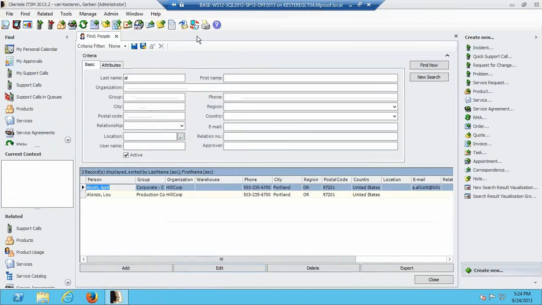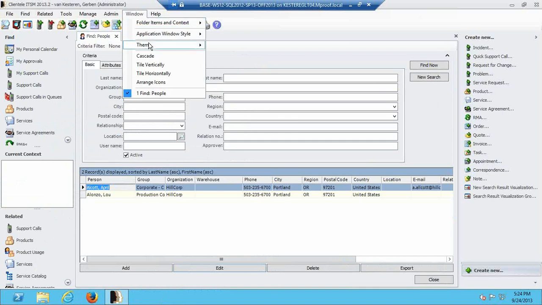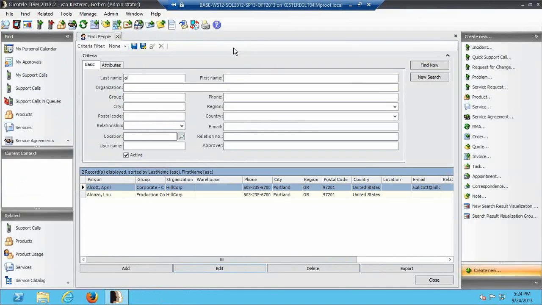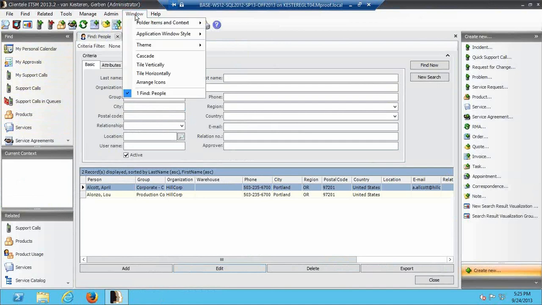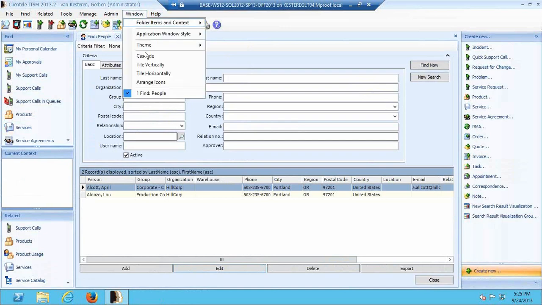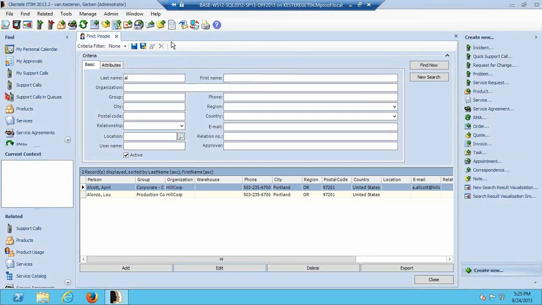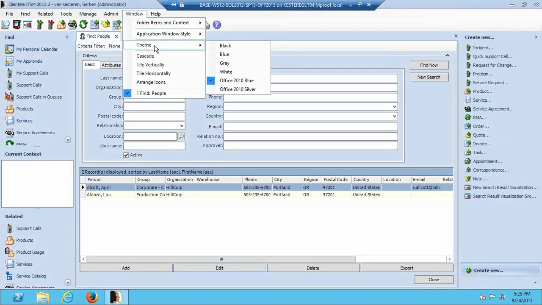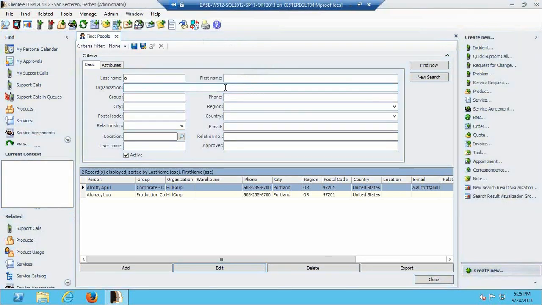Then look at the themes. So let's change it to black. You will see that the coloring is changing, the color of the forms is changing. Also the font type changes, even the width between the icons is changing. So this really depends on the theme that you select. I can select the blue one. Office blue. So you have multiple options there, and by default we just ship these default themes, but there's also